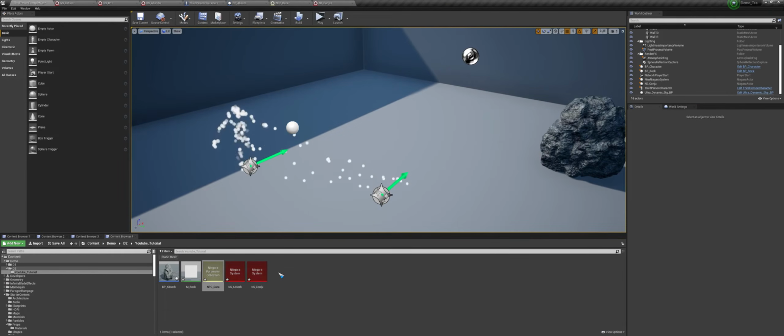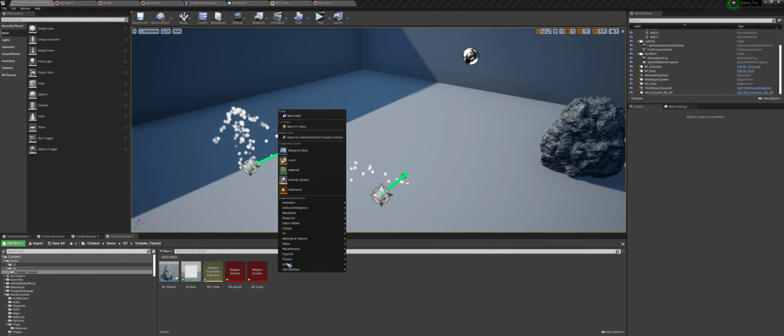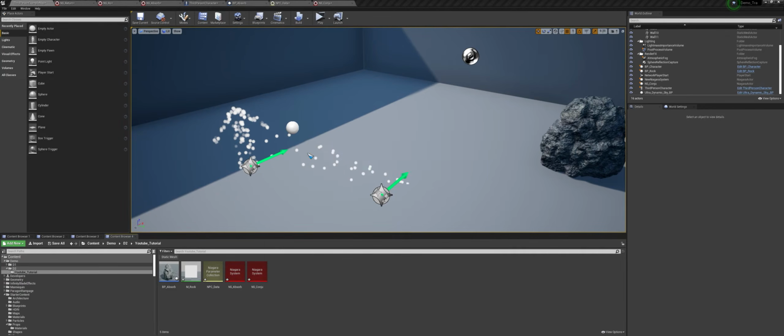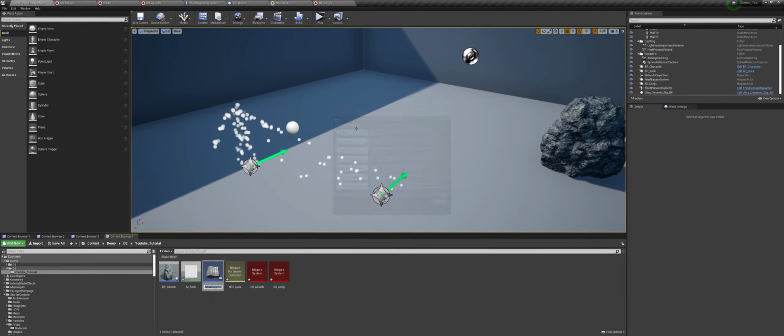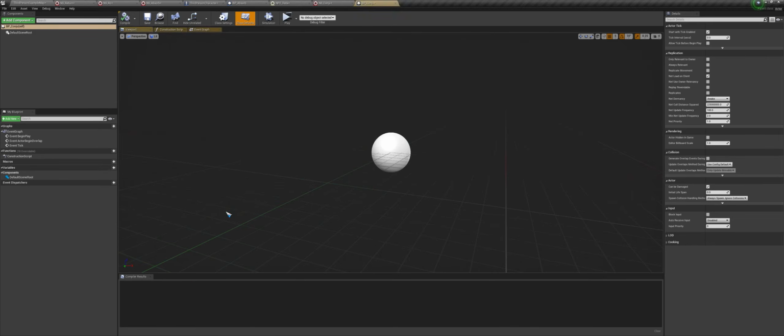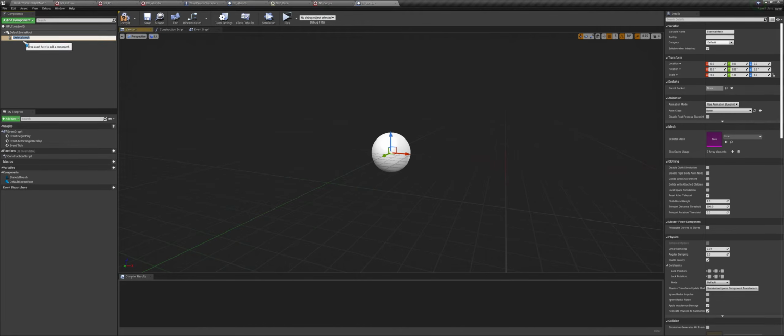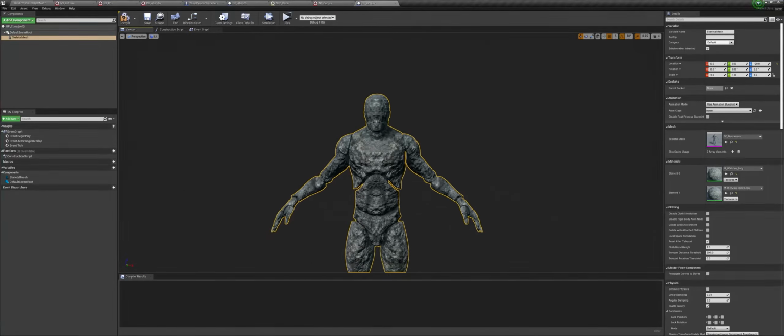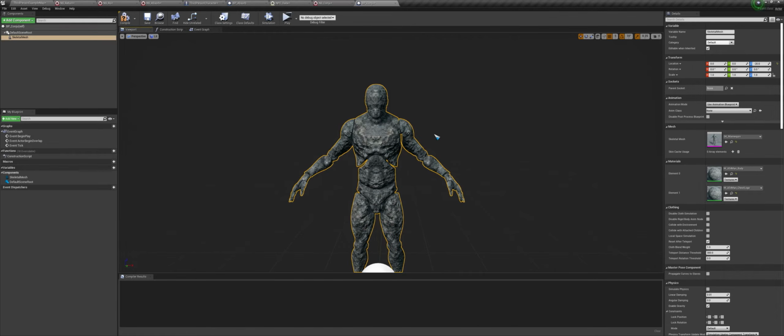So now we will create our second actor. So right click, blueprint class, BP. This will be our conjuration actor. Then open it up. Then we will add a skeletal mesh. Then this skeletal mesh will be our mannequin. So its body looks like this. We will change this.